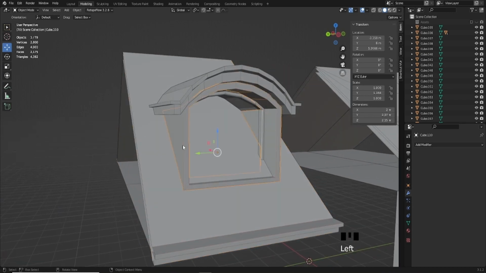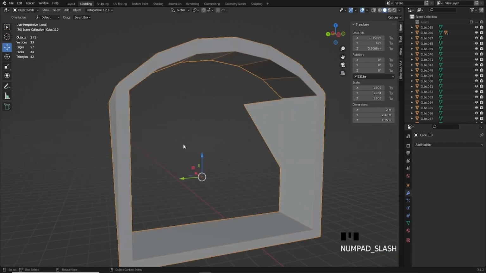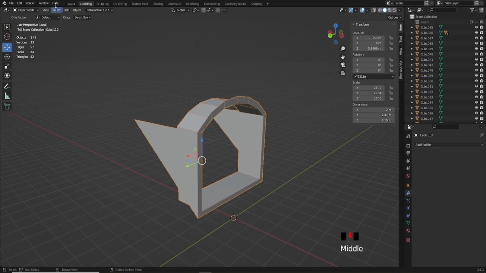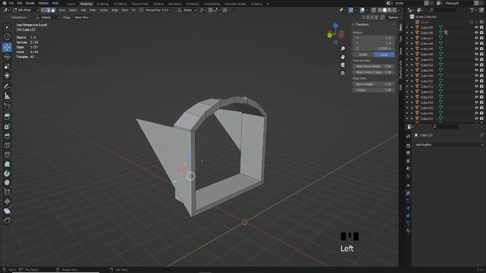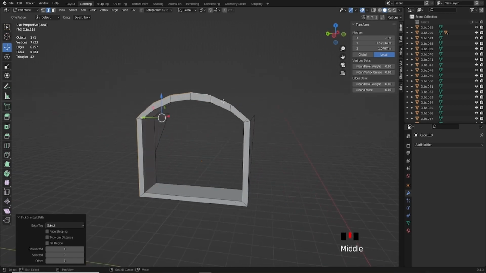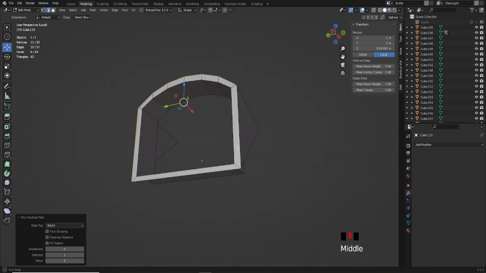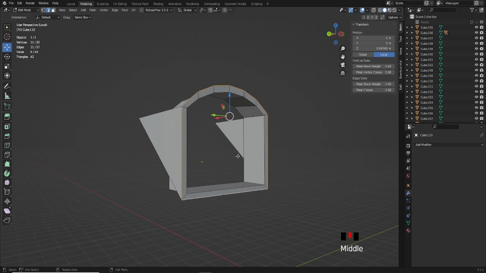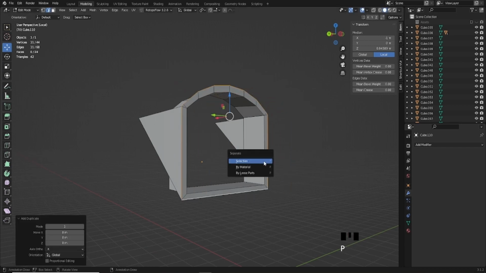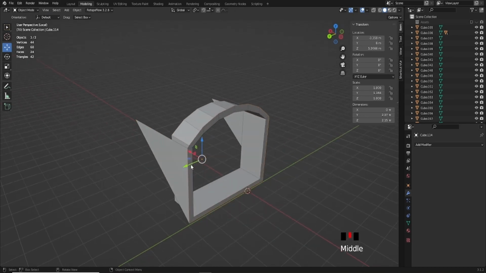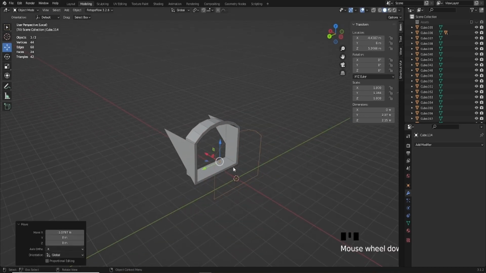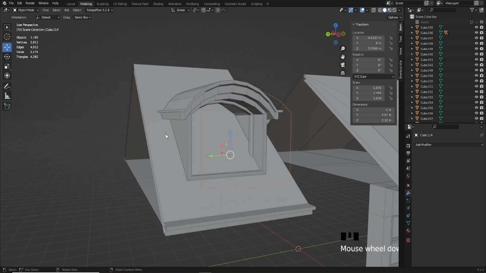I'm going to select this object, isolate it, go into edit mode, and I want to select the outside ring of edges. Shift D, duplicate, B, separate by selection. And I'll just select that, pull it away, come out of isolation. Now,